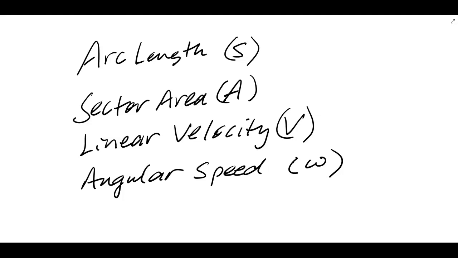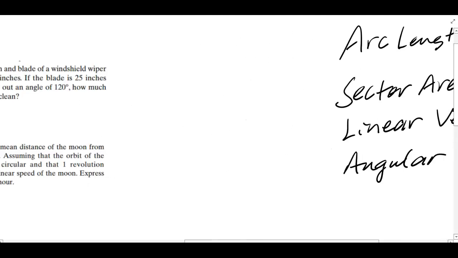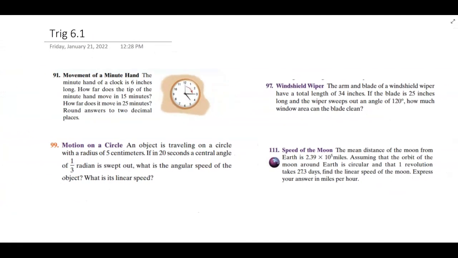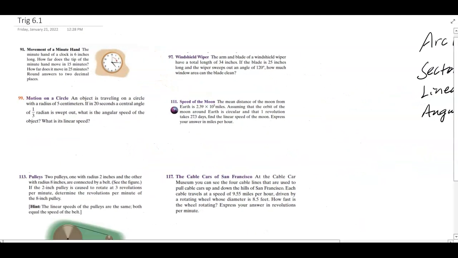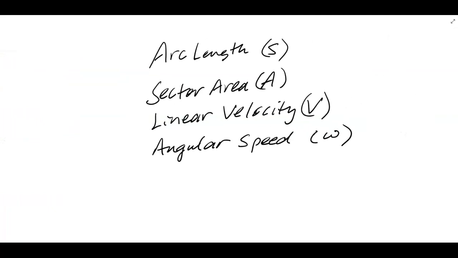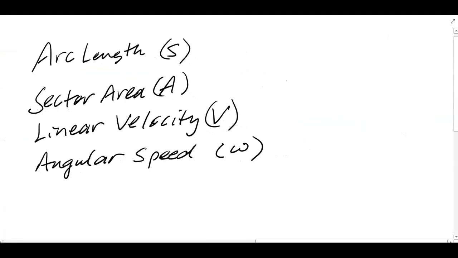All right, so let's go over these concepts: arc length, sector area, linear velocity, and angular speed. And then once I've talked about them a little bit, I'm going to do all these problems that are in the homework, taken out of the book, pasted here onto my little screen, and we're going to do them together. The arc length of a